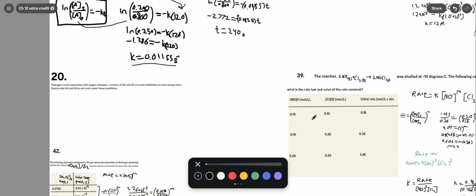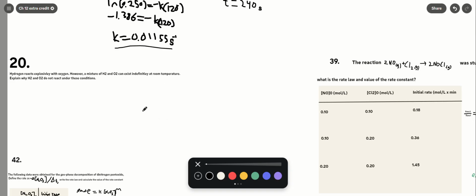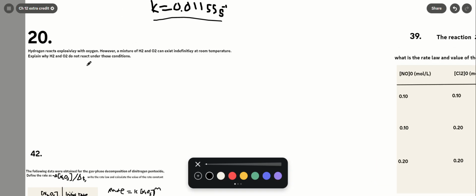But moving on, number 20. Hydrogen reacts explosively with oxygen. However, a mixture of H2 and O2 can exist indefinitely at room temperature. Explain why H2 and O2 do not react under these conditions. So, the hydrogen and oxygen would only be able to react if they formed new bonds,